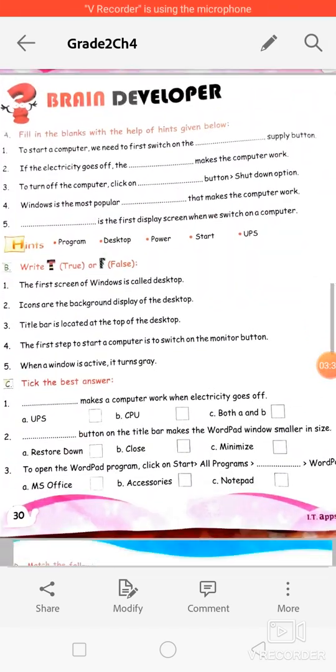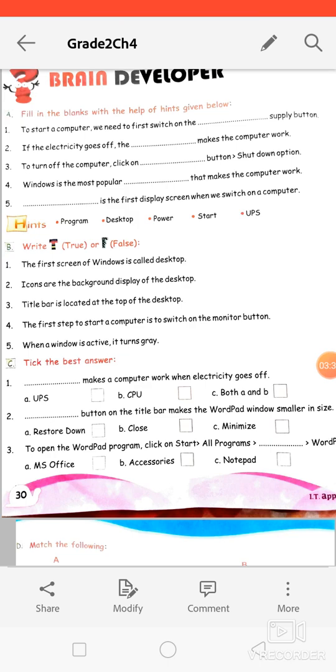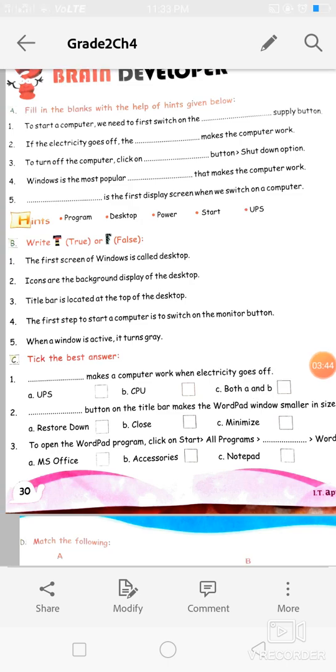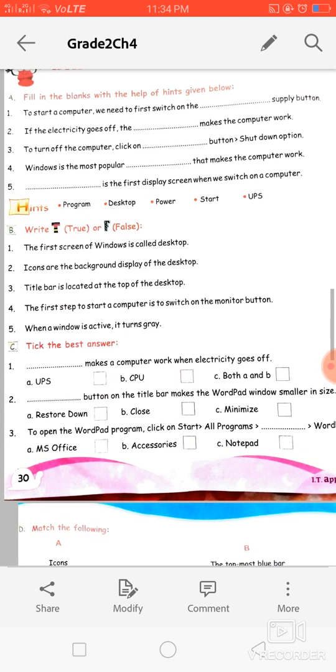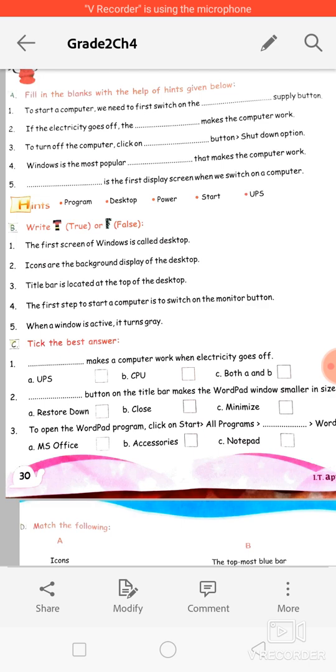So the third one is false, because the taskbar is at the bottom of the desktop and the title bar is present on the WordPad window, not on the desktop.